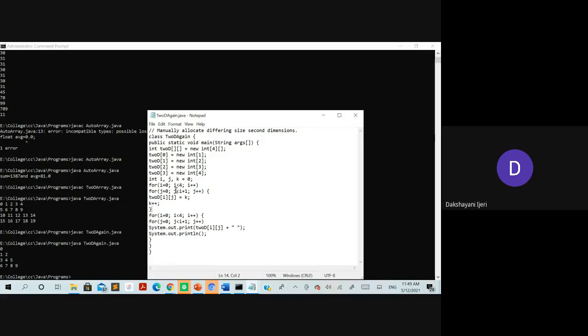So that's why the condition, instead of being fixed as we have taken earlier, in this case is j is less than i plus 1. That means one value greater than the row. So that's why you'll be able to store the values in this way. Where you are not having a fixed value for the columns, whereas the rows are 4 here, right? For printing, you can use the same condition here. Okay, so is everyone clear?